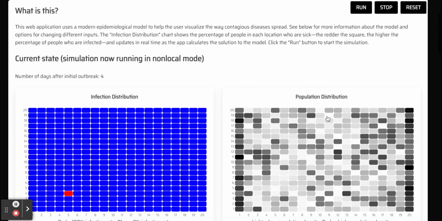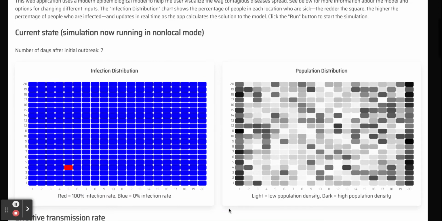And so if I scroll down, what I have here is on the left, there's this infection distribution chart. This is showing at different locations the percentage of people who are infected. A redder area means more infected people, bluer means fewer infected people. And then on the right, I've got this population distribution. So what's happening is there's this built-in system of 400 nonlinear differential equations that's being solved by this